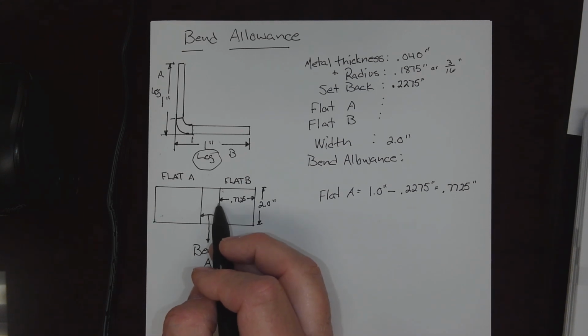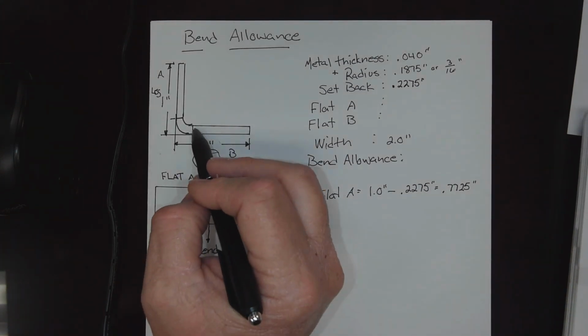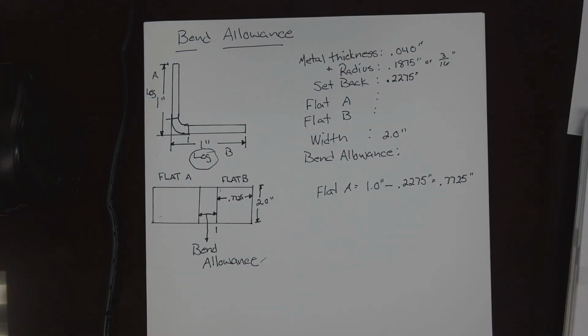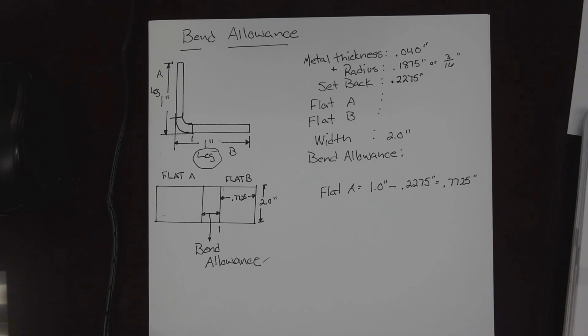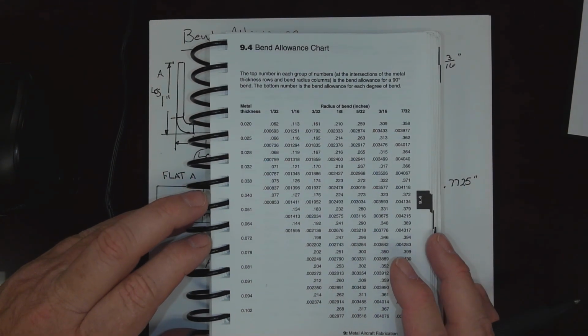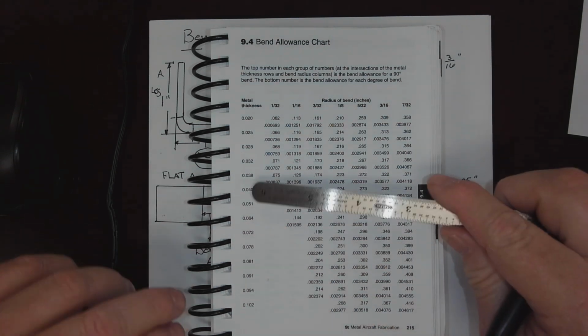That establishes my distance. However, I need to allow for metal to go around that radius, and we do not have a handy solution for that. Well, I will cover the longhand math way of arriving at that, but I'm also going to show you a common option. And it may take me a moment to zoom in here, but we're dealing with 40 thousandths material,